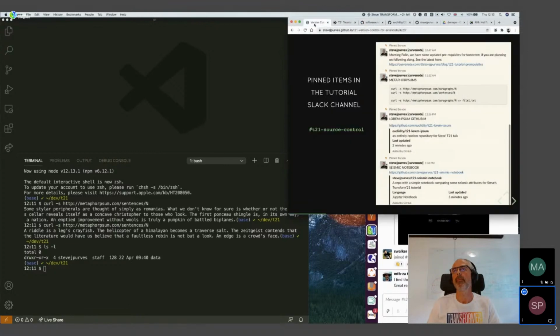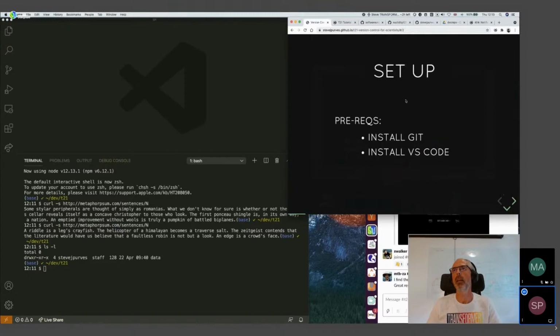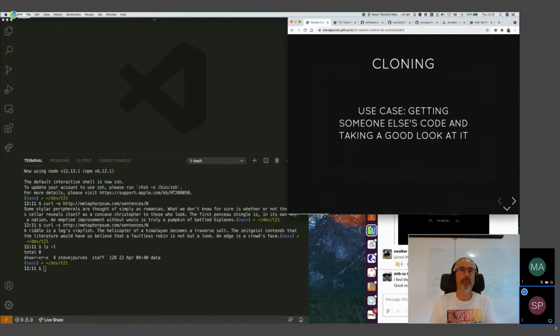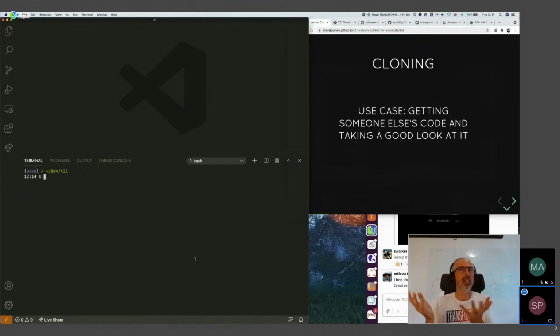Great. Okay. So let's get started. So what's a common use case? A common use case for Git as a starting point, as a scientist, is you want to take advantage of somebody else's work. You want to get a hold of somebody else's code and use it. You want to get a hold of somebody else's code and potentially modify it, improve it, contribute it, and give it back. So the starting point for all of us is usually